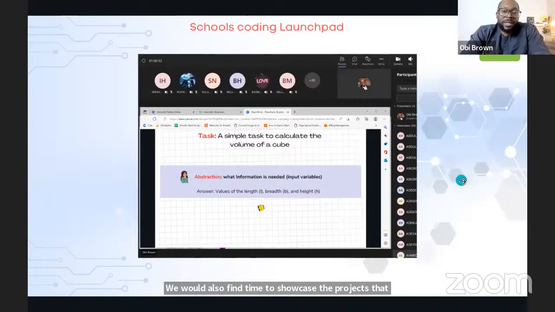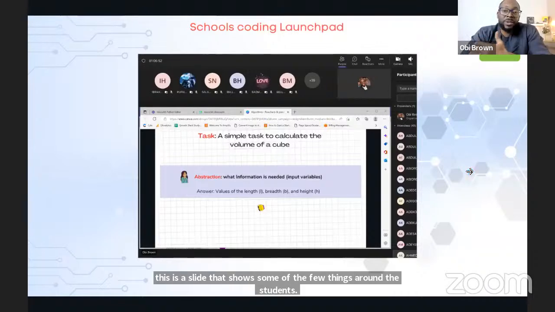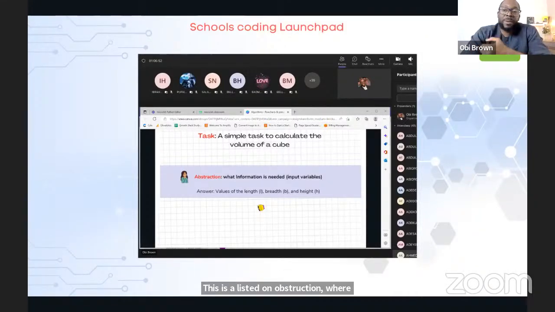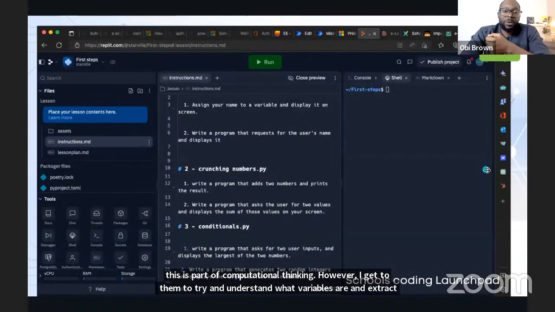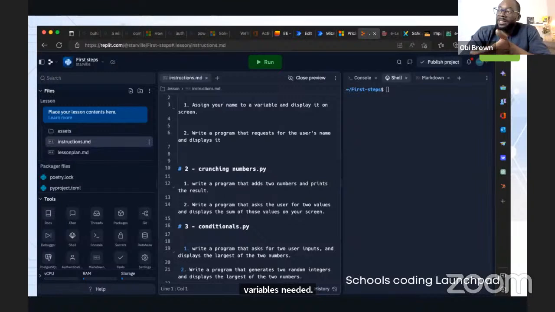So this is a slide that shows some of the few things that we're doing with the students. This is a lesson on abstraction, which is part of computational thinking, where we're getting them to try and understand what variables are and extract the variables needed for a system. All right. The last speaker from Virginia spoke about Replit. We use